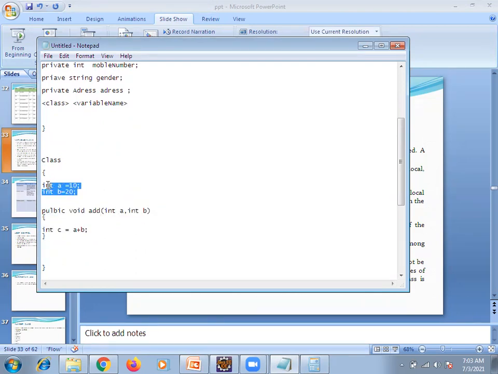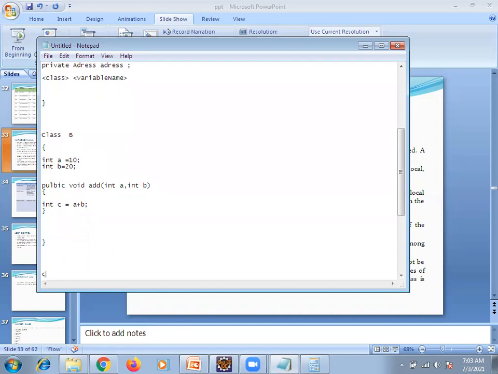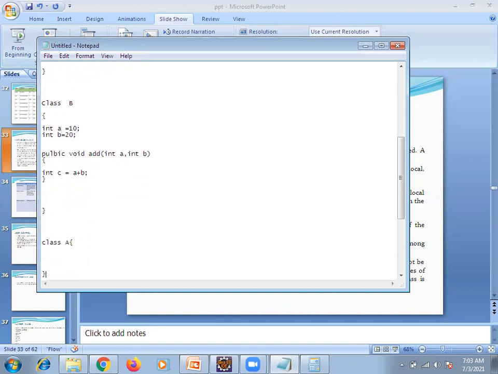These are instance variables, because you are keeping them inside the class. Inside class B, let us assume. Now I want to use the same in class A. So now what we need to do is public void main, String args.